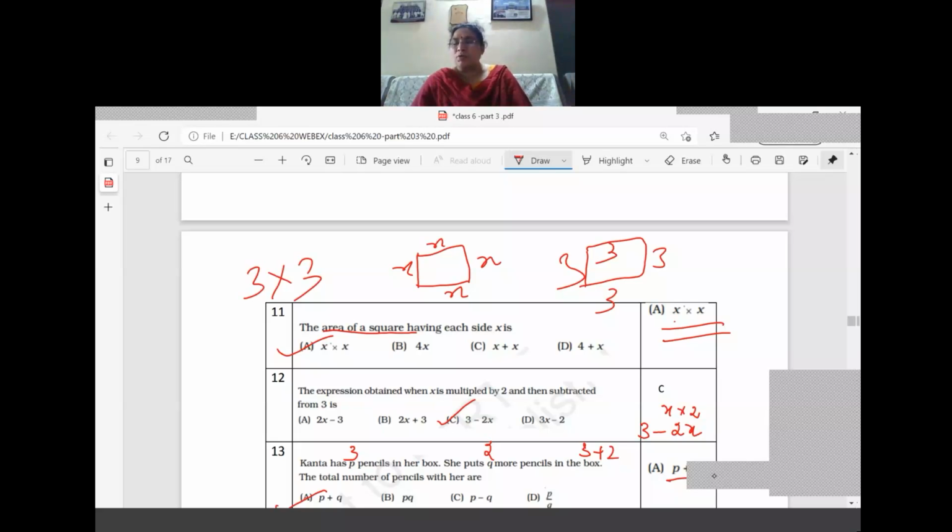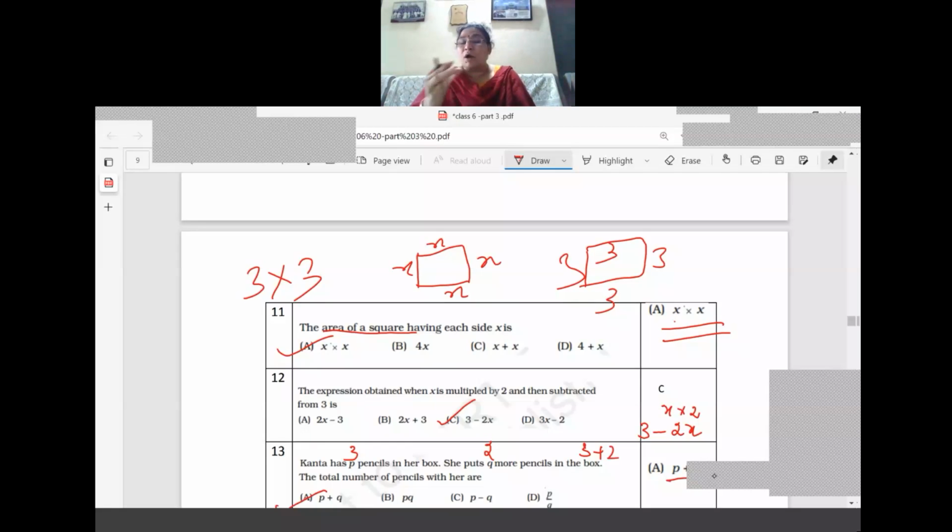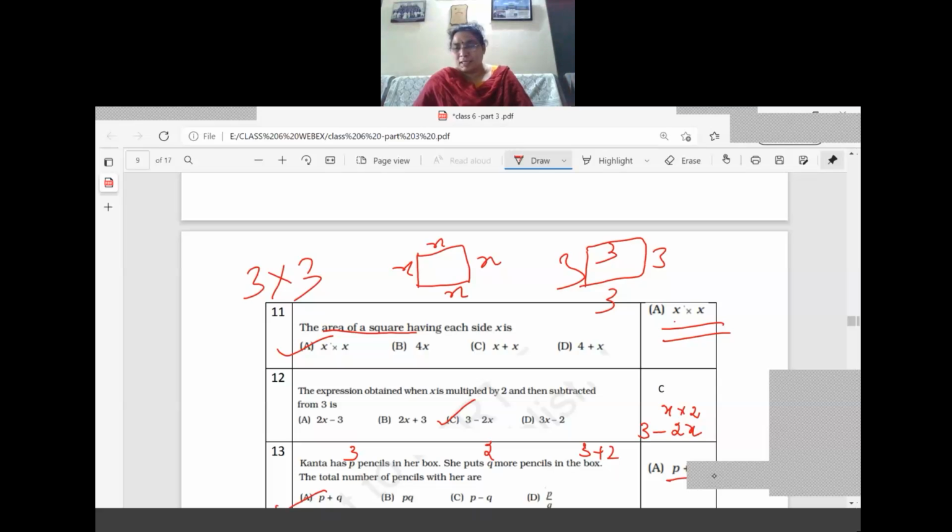Next class you will get more idea about expressions and all. Just a question we are doing and showing where algebra is coming and how we are writing it, right? So don't pay too much attention to how we are writing and all. Expressions are coming in the next class also. That time also you will get more idea how we are getting this one. One example I have shown here. In that you can see that variables are coming, constants are coming, and mathematical operations are coming. That is the concept of algebra.